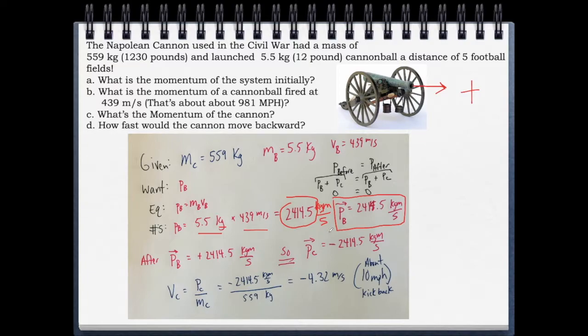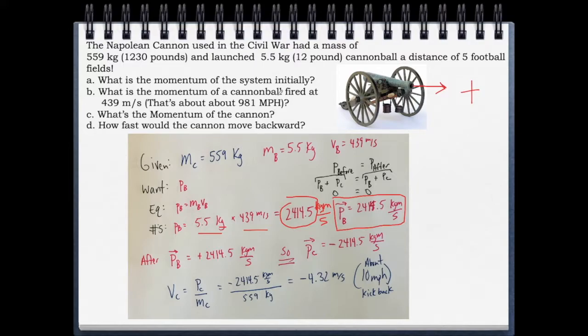In my math class, down the x-axis to the right is positive, so that's positive to the right. Okay, so it says, what's the momentum of the cannon? Well, if you've ever seen in a Civil War film or any kind of movie where a gun or cannon is being fired, the ball is going to go forward and automatically the cannon or the gun has to kick back. It's not a mystery, well, maybe it is kind of a mystery, but by the laws of physics,